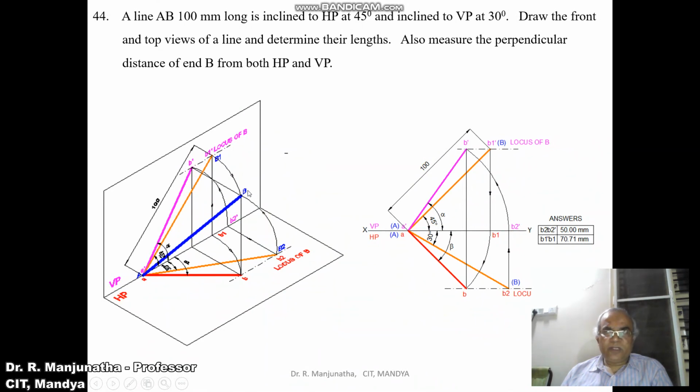This is the actual final position. Similarly, when you are considering the top view, the top view line which is rotated from A, B2, is such that this B2 will be above HP by this distance, so that it is going to cut the locus of B in the front view. When you look from the front view, the image will fall on this. So this is how we can make the 3D analysis.